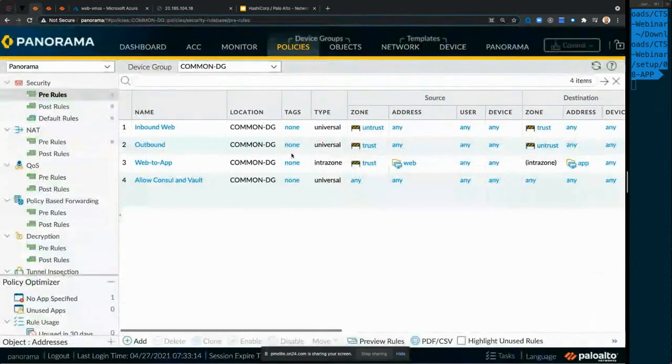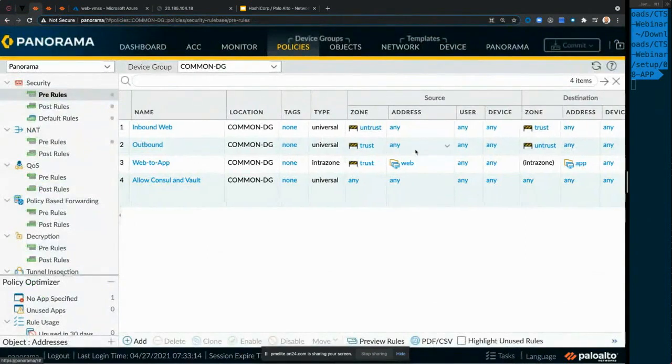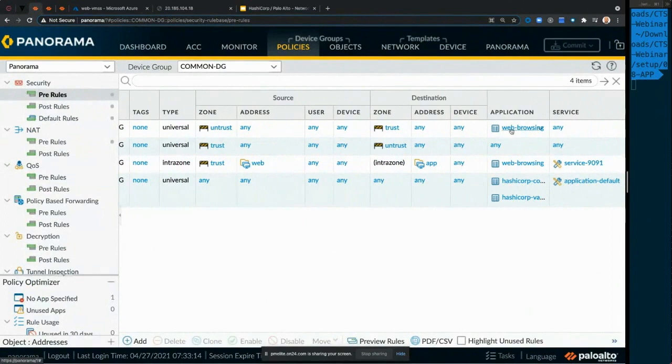I also want to highlight what kind of rules we've got here. You've got an inbound rule configured with web browsing. These are application IDs, which can perform deep packet inspection. So we make sure the traffic hitting this rule is, in fact, web browsing. If the attacker tries to encapsulate some malicious data within web browsing, or if it doesn't belong as web browsing, we'll straight away deny that traffic.